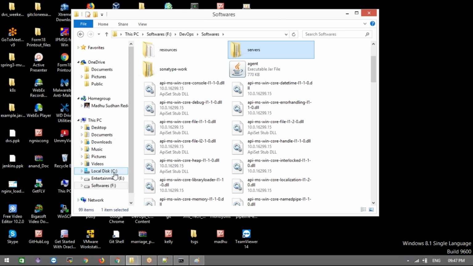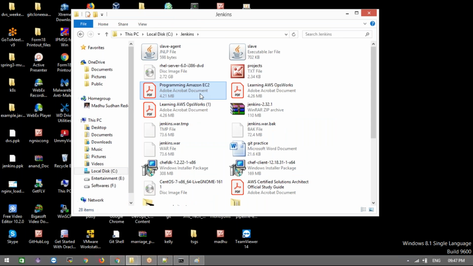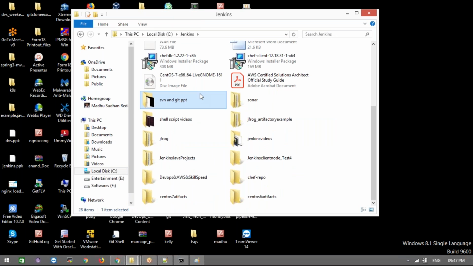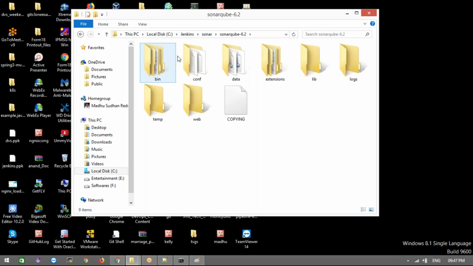Let me go to where I extracted. That's what I'm searching. Jenkins. This is the Sonar. This is what I did. I put it here. I downloaded 6.2, but anything will work, no worries. Now we will get this kind of folder structure.